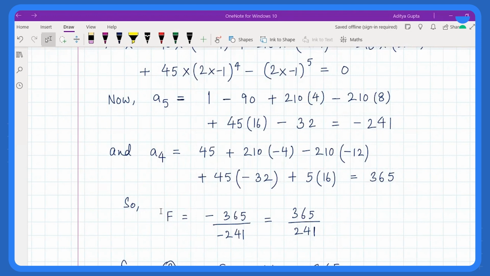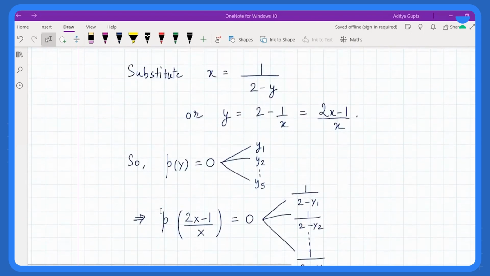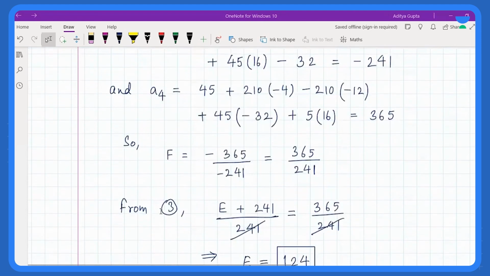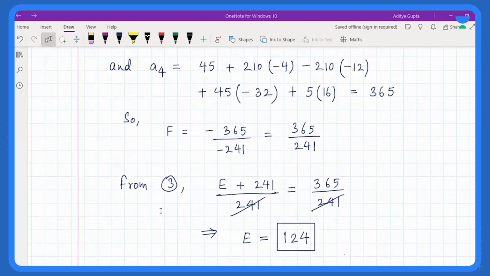So f will be the sum of the roots of this equation, which is nothing but minus a4 upon a5. So that's what we have written, and we get the value of f as 365 upon 241, and that's what we substitute in equation number 3, right? So once you do that, what are we getting? We are getting f from 3, e plus 241 upon 241 is equal to 365 upon 241. Cancel, and we finally get the value of the expression e as